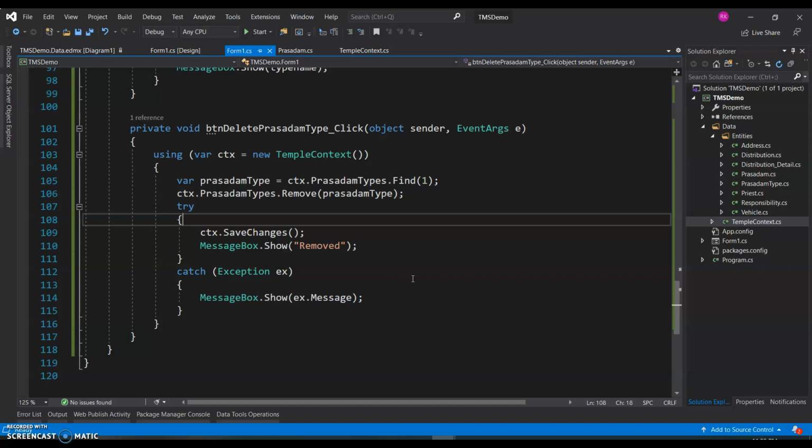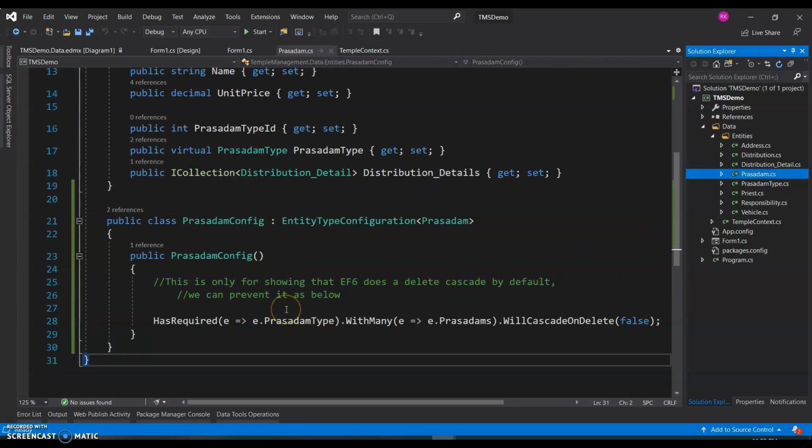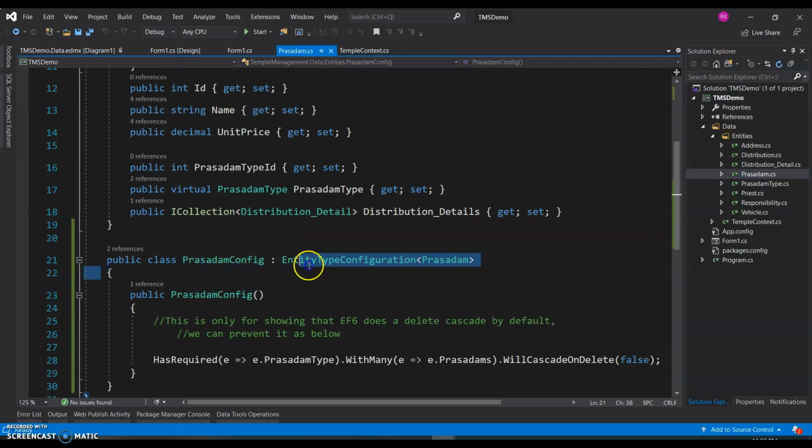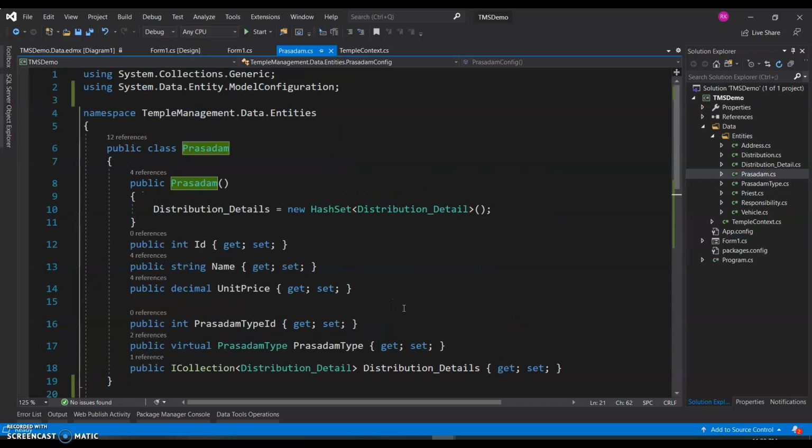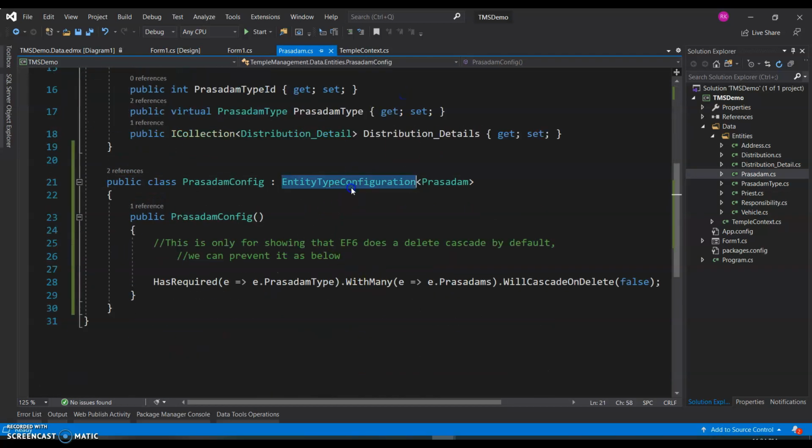So just like we had configurations for everything, I will go to the entity on the many side, because one prasadam type has many prasadams. So if you see here, I have introduced this configuration class again, just the way we did it for a couple of other entities, by including this namespace and extending the entity type configuration, creating a constructor, and this is how we do it.